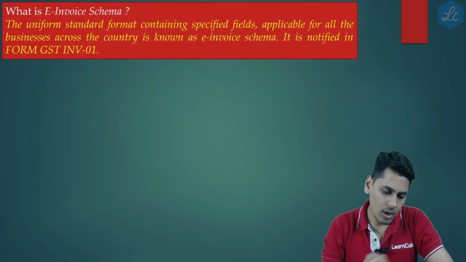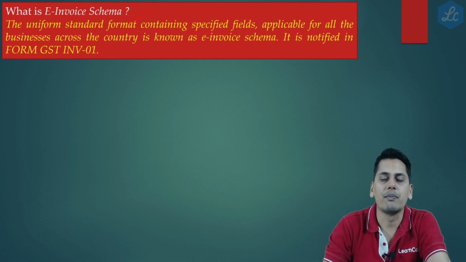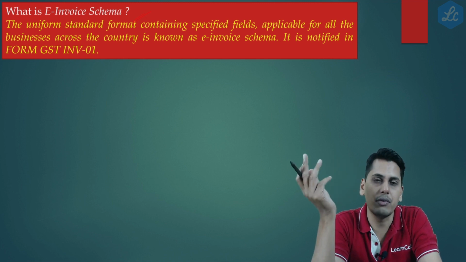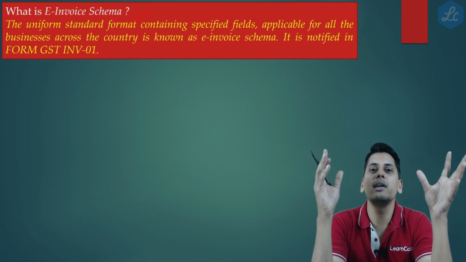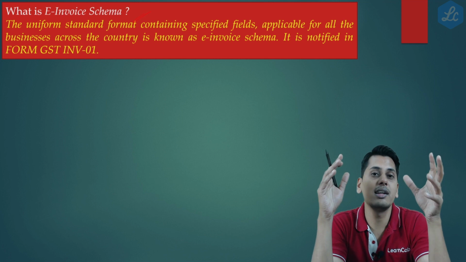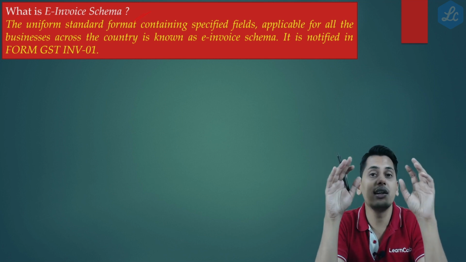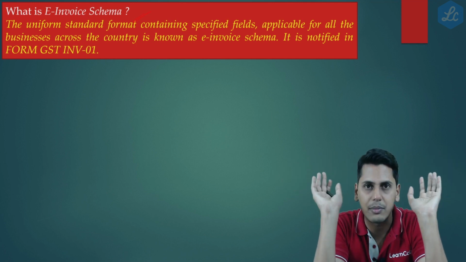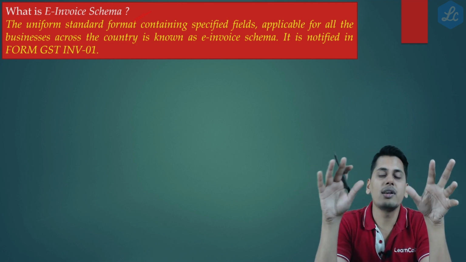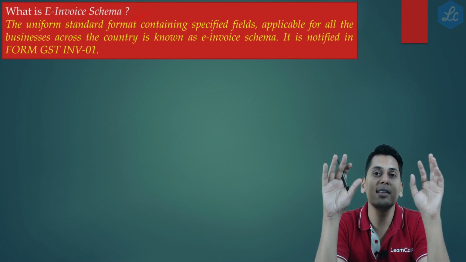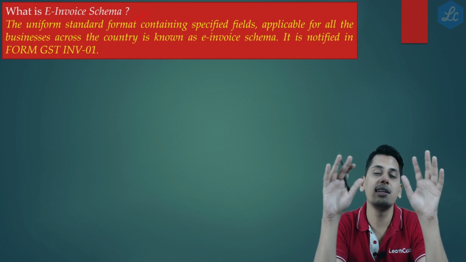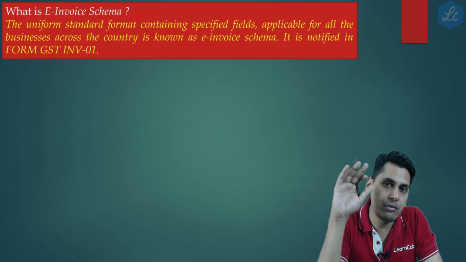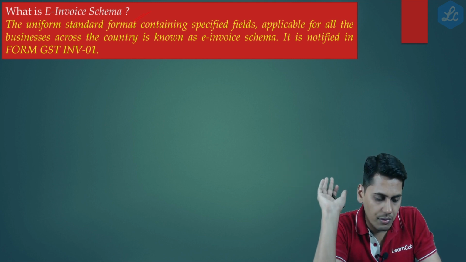Now friends, a few terminologies. What is e-invoice schema? Now friends, in India there are at least more than 300 accounting softwares. There is no machine readability. The details entered in one software cannot be readily read by another software unless it is customized. So friends, e-invoice schema is nothing but the details being in a standardized format. It enables machine readability. The data of one software can be read by another software.